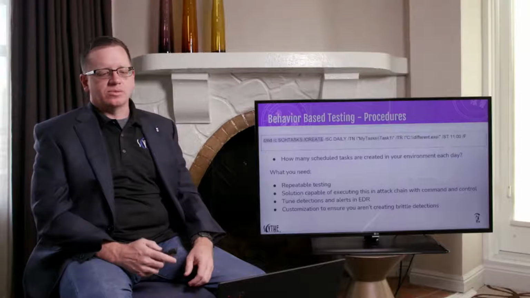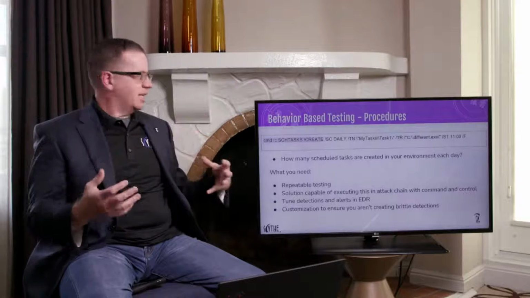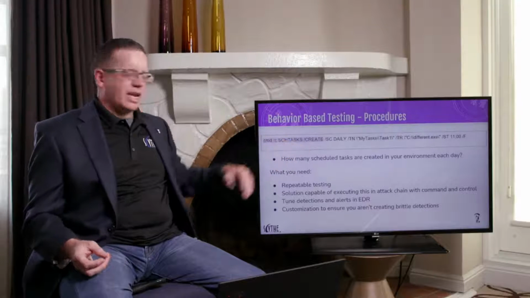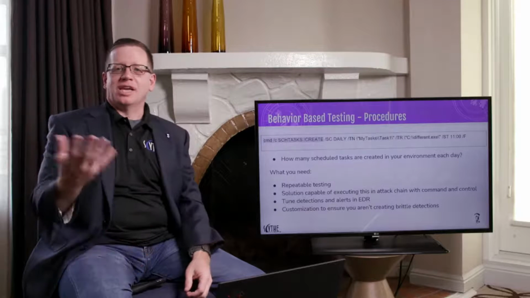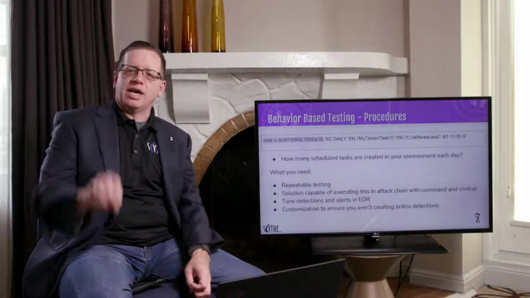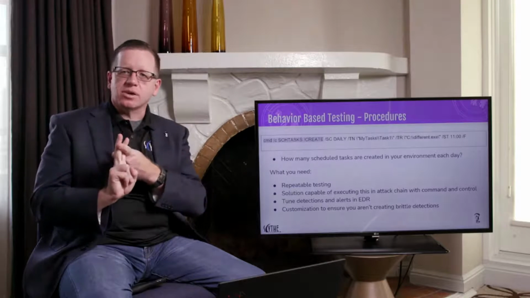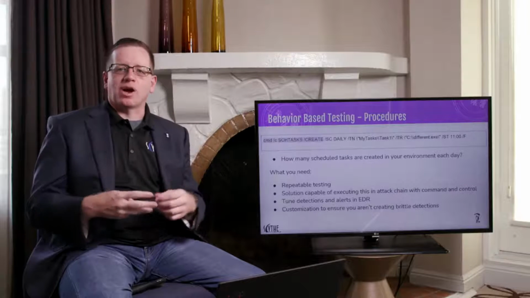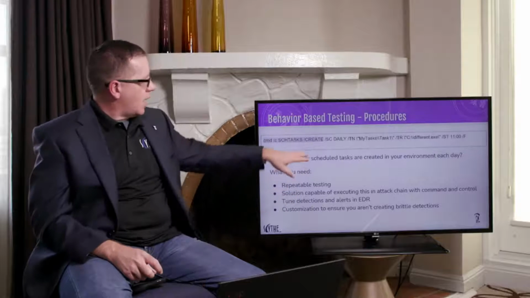So what do we really want to highlight on? Well, for this particular technique, it's schtasks with a create. I don't want to say I don't care, but generally most of the use of schtasks from a threat actor standpoint isn't that interesting to me. When they create a new task, I know they could be doing lateral movement. I know they could be doing persistence. They could be doing any number of other operations around it, but I know it's a very common technique that they're going to use. So I want to highlight on the create.